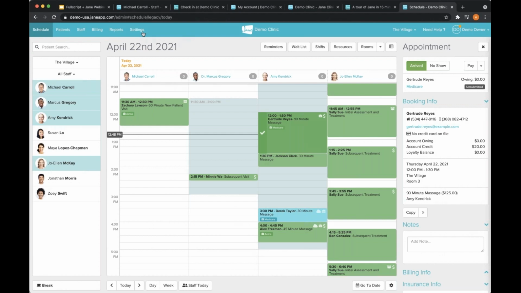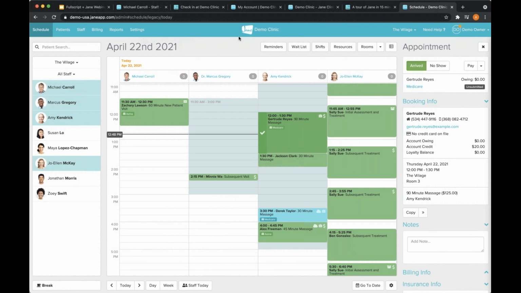But I have heard of clinics being able to pull the information from Jane, whether it's their reports or their chart entries, and submit those to different labs outside of Jane. So currently, it's a third party or even fourth party, as it's not directly integrated with Jane. But pretty much everything you have on here, whether it's a chart or a report, you can export it out of Jane and upload it somewhere else too.